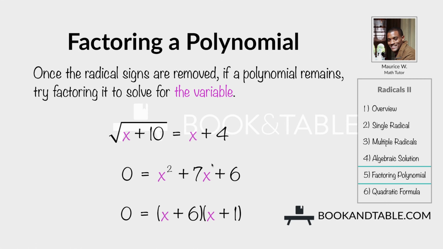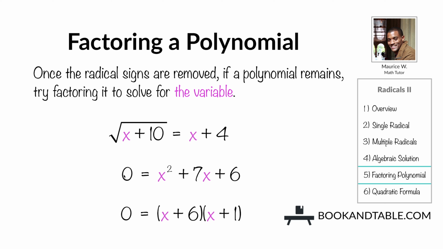But let's first discuss factoring. Once the radical signs are removed, if a polynomial remains, then try factoring it to solve for the variable. So let's say you started with the radical equation, radical x plus 10 is equal to x plus 4. You would remove the radical and then move these terms to one side of the equation, leaving you with 0